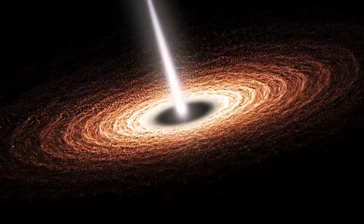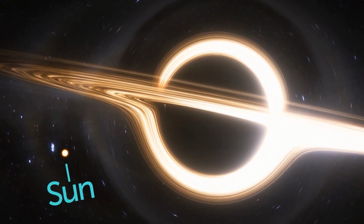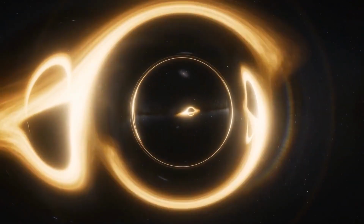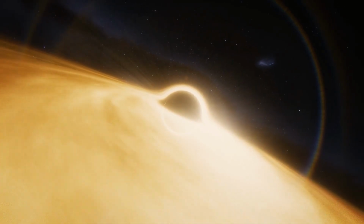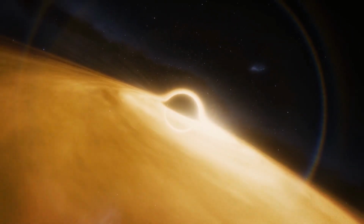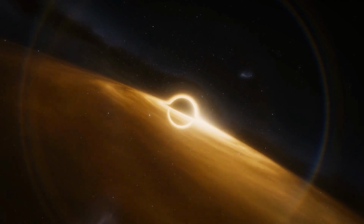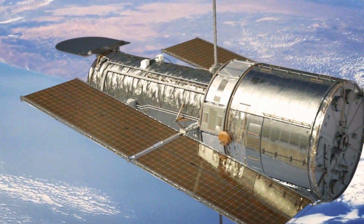Then what is a supermassive black hole, you might ask? Go ahead, ask it. It is a very large black hole that is typically found at the center of a galaxy. It is millions or even billions of times more massive than the Sun. These black holes are so powerful that they can swallow stars and even entire galaxies. Scientists are still exploring these mysterious objects, but they believe that they play a crucial role in the formation and